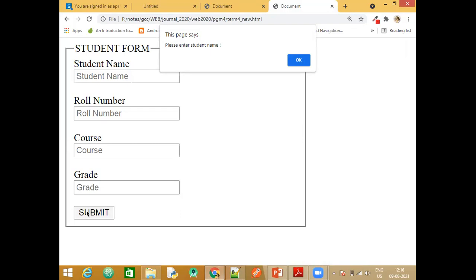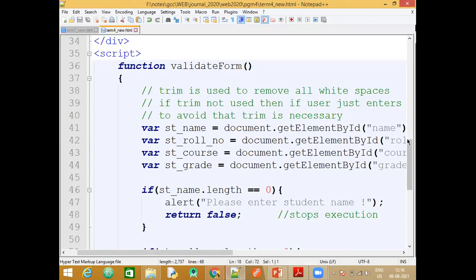When the user clicks, also observe the button. It is submit. The button type itself is submit. It is not a normal OK button or a button with random text. We'll see that in HTML now. So our concern is, when the user clicks on the button, this function should be called. What does this function do? It checks or validates whether the text boxes are filled or empty. We are not checking here for the length of the username. We are not checking whether the user has entered the correct roll number and all. That we are not checking. We are just checking whether they are filled or empty.